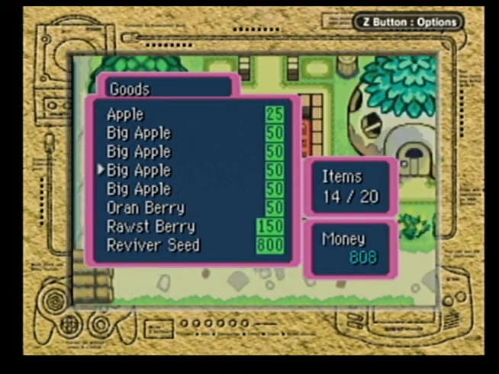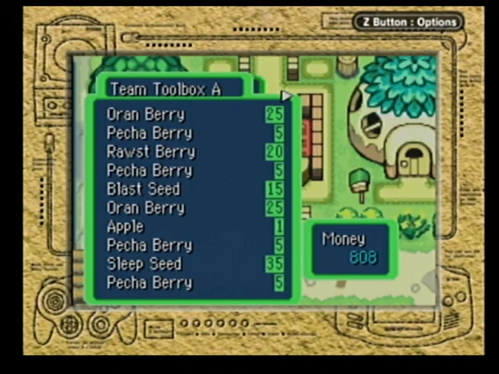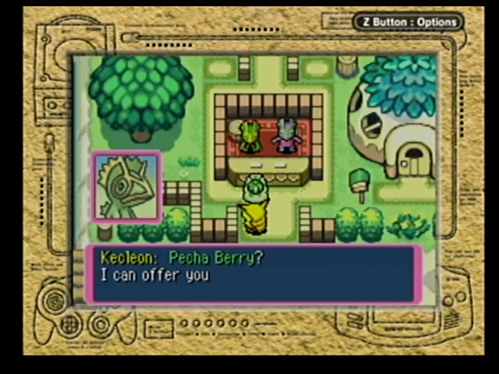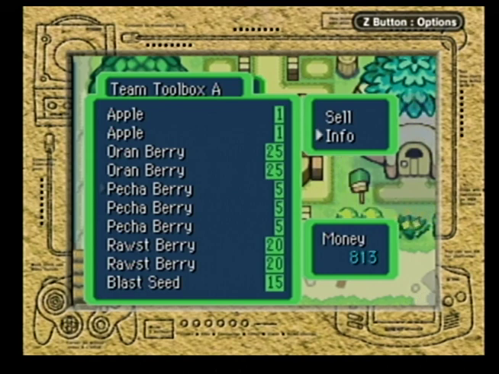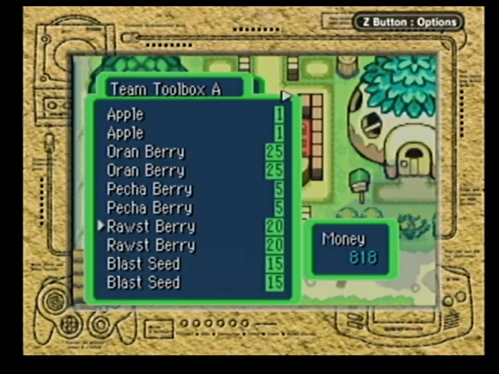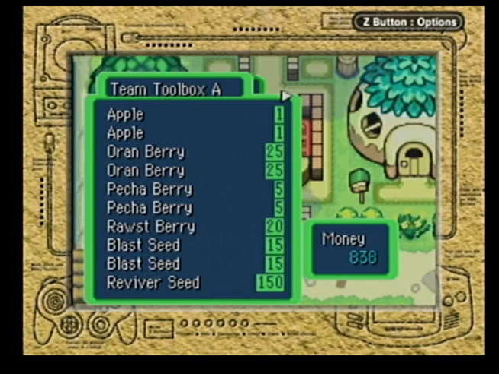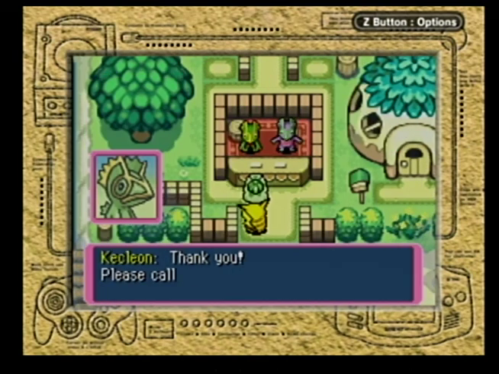Ooh, that reviver seed looks really good. I don't want to use all my money on one seed. I don't think I need it this early. Can I sort? No. Ah, there we go. Select. Okay. We don't need that many pecha berries since I'm part poison. Can I select multiple? No. Sorry, head itch. What was a Rossberry? Heals burns. I think we'll be okay for now. Let's see. Sell that sleep seed. Actually, no, wait, no. I don't want to sell the sleep seed. I actually...